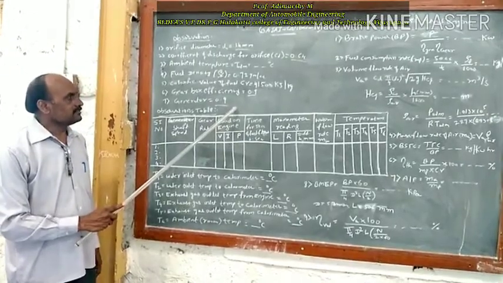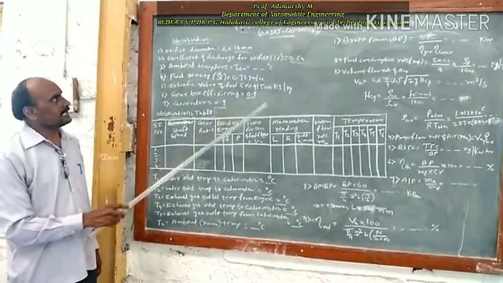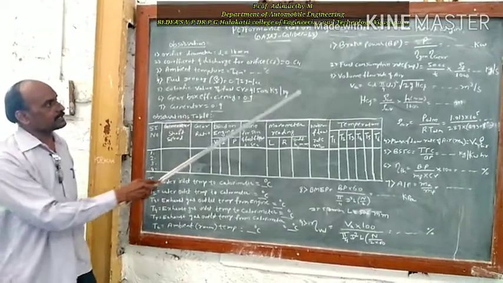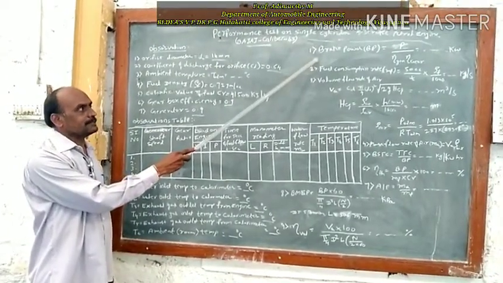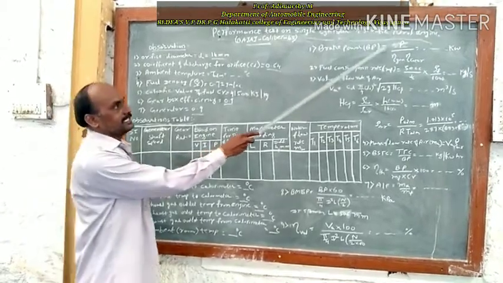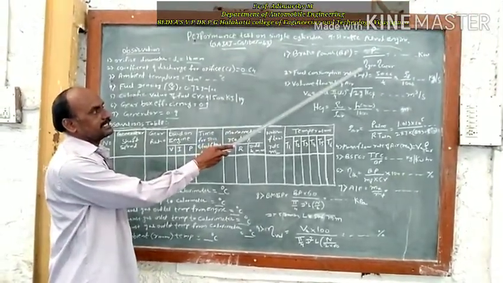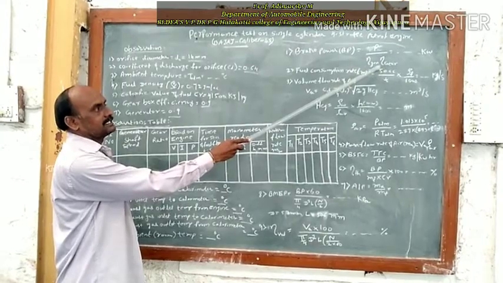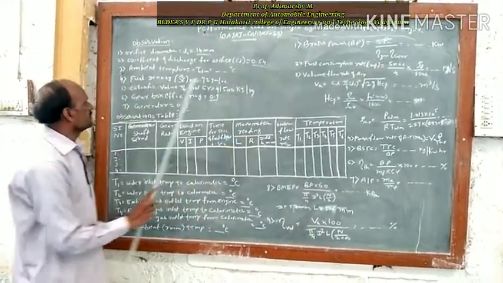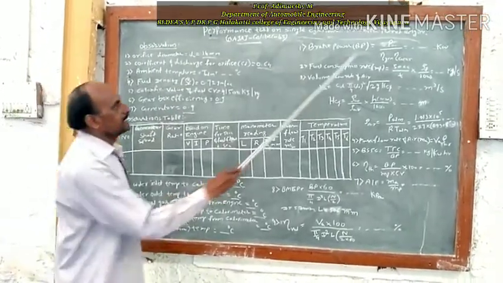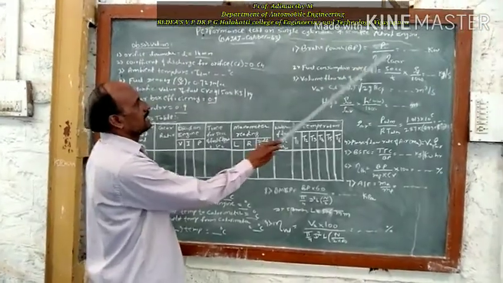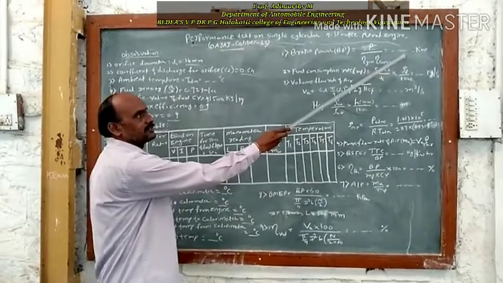Here we are going to do the load test or the performance test, and we are going to calculate the various performance parameters like the brake power using the equation P divided by (efficiency of the generator times efficiency of the gearbox). We have provided the values for the generator efficiency and the gearbox efficiency, and P is nothing but the load, calculated in kilowatts.